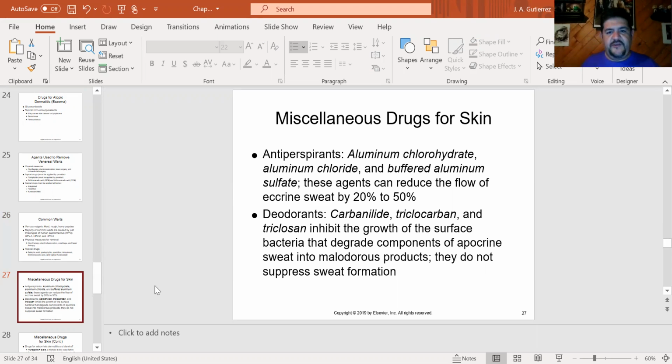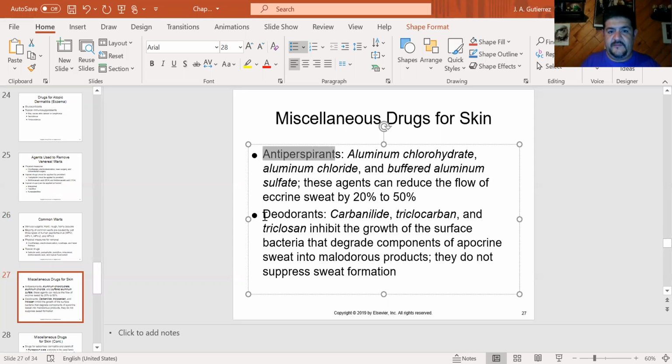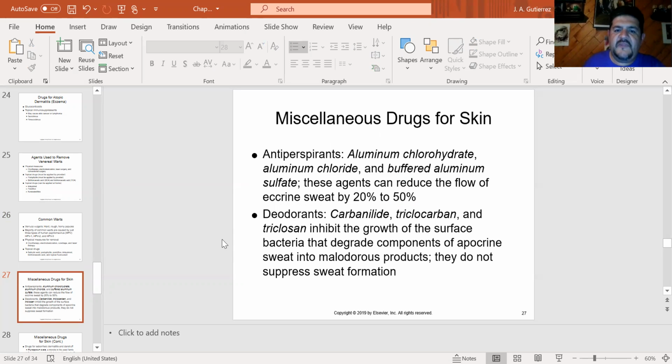These are miscellaneous drugs, antiperspirants, basically deodorants, medications that block the sweating glands from releasing their product. And what we have here is basically aluminum chlorohydrate, aluminum chloride, and buffered aluminum sulfate. Aluminum reduces the flow of those glands by 20 to 50%. That's it. Basically, aluminum interferes with the proper function of the sweat gland,